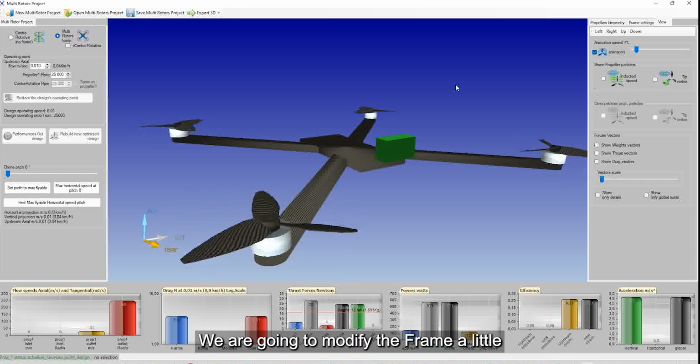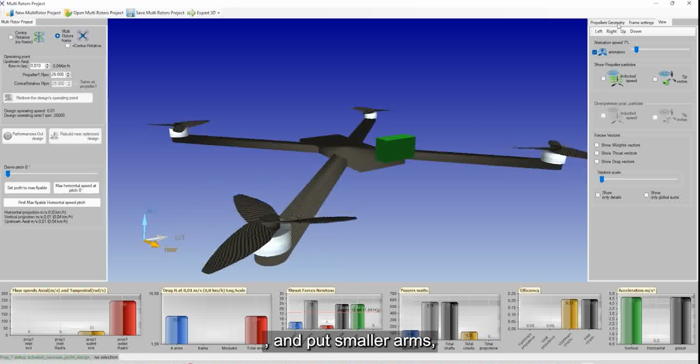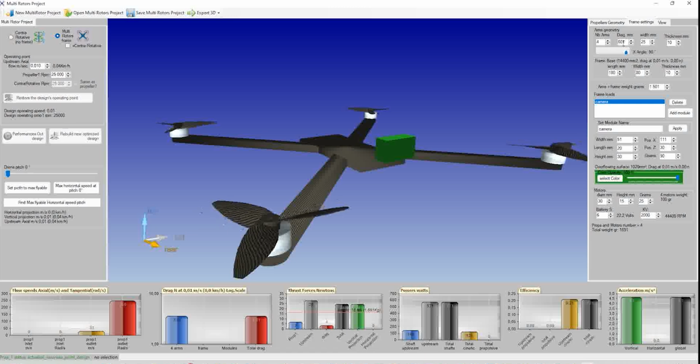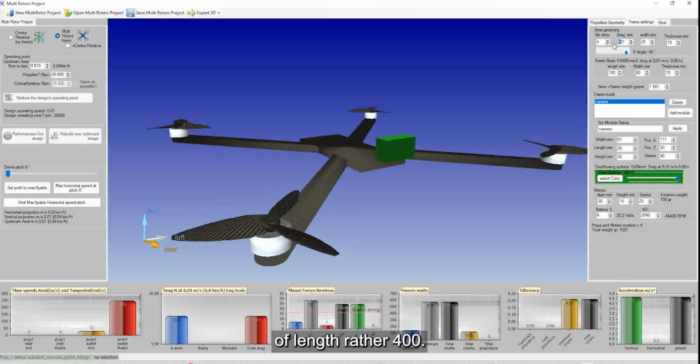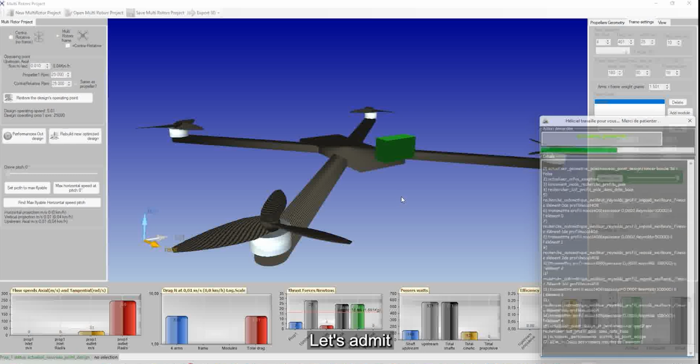We are going to modify the frame a little and put smaller arms, of length rather 400. Let's admit.